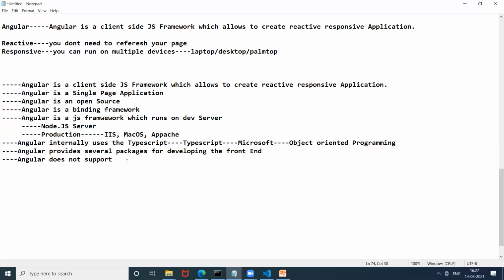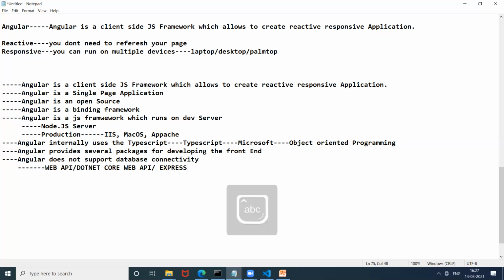If you want to connect with the database, you want to learn Web API, or .NET Core Web API, or you want to learn Express to connect with the database, right?